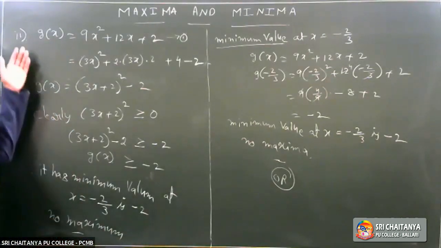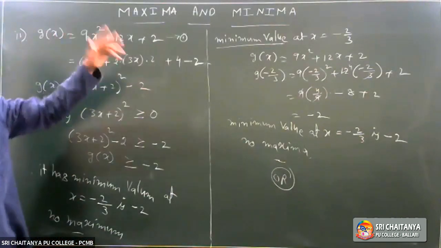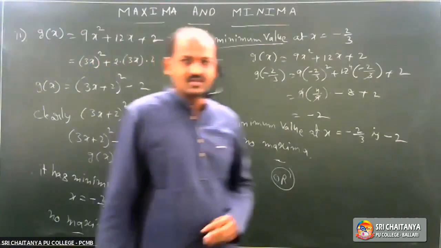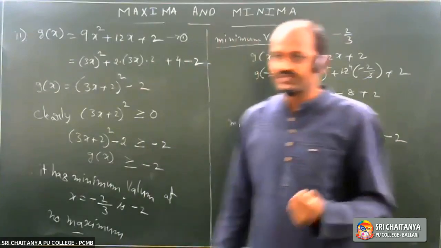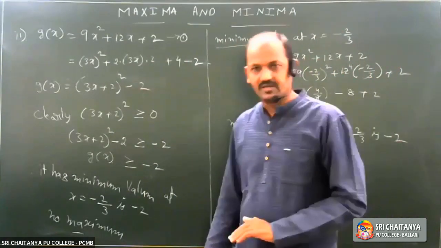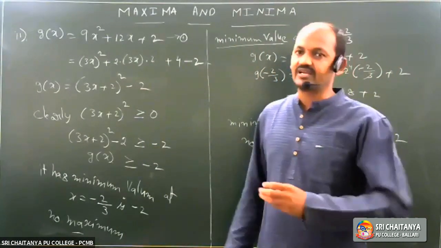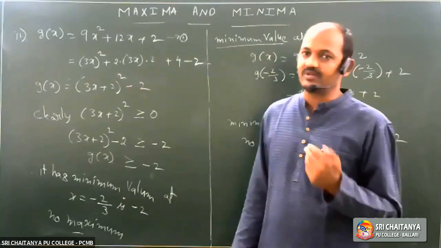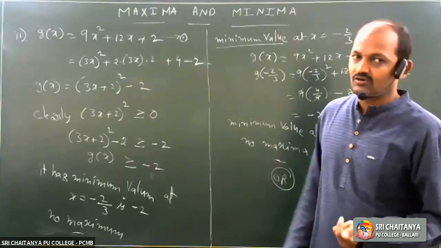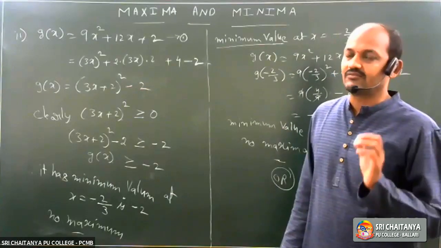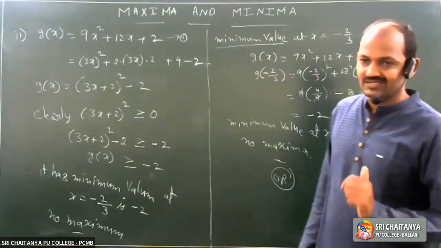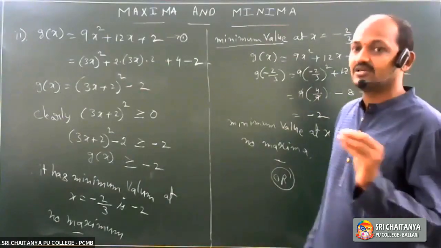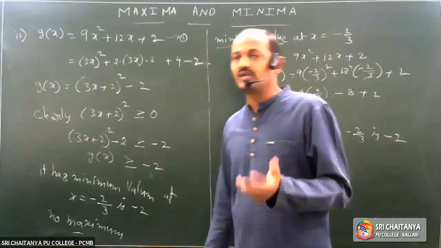That is the first derivative method. In the first method, consider the first derivative, then find the second derivative. Second derivative positive means minimum. Negative means maximum. So the second derivative alone decides it. The second derivative is positive, we get plus 18. So it is a minimum. So how to find the minimum value? Consider the first derivative equal to 0. We get the x value, that is minus 2 by 3. That minus 2 by 3 substituted in the given function gives the minimum value.